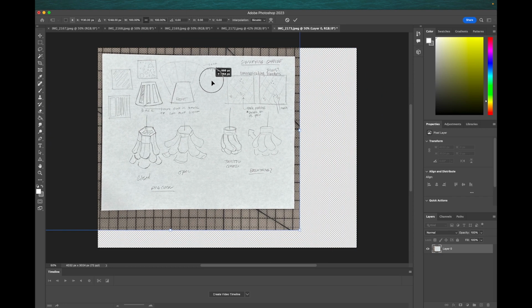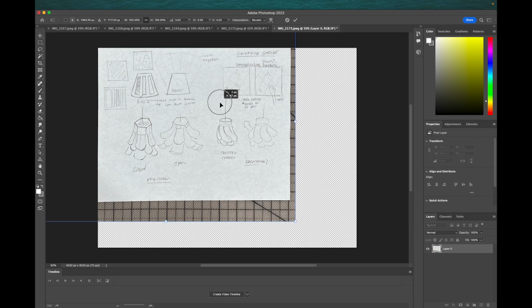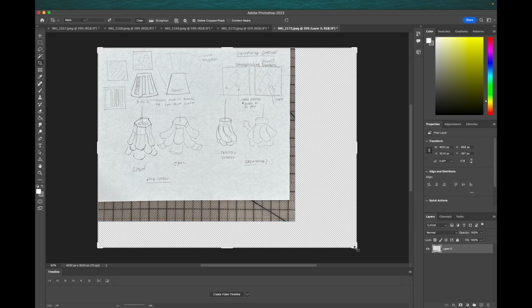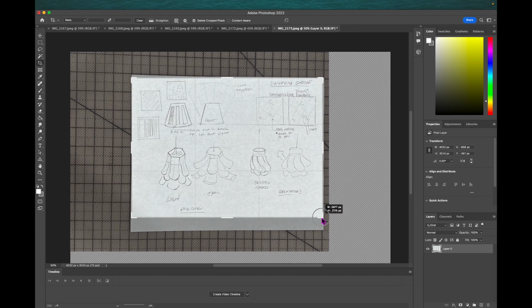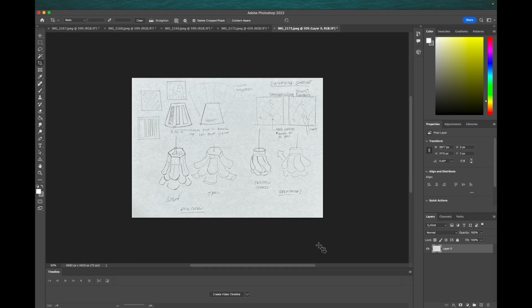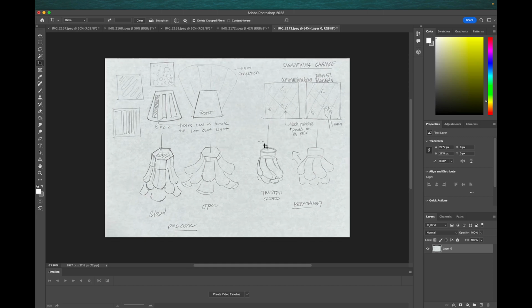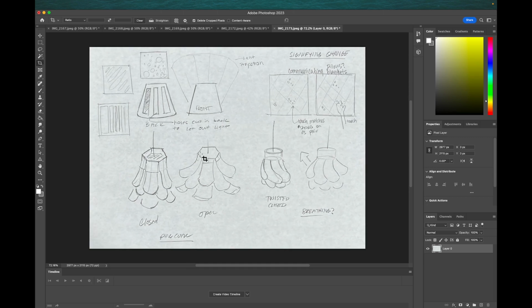So what I'm going to do is just kind of move this up, hit C for crop, and then crop this probably to about there. Cool. So, the image looks okay. Kind of low contrast. You get this pulpiness from the paper. So the first thing I'm going to do